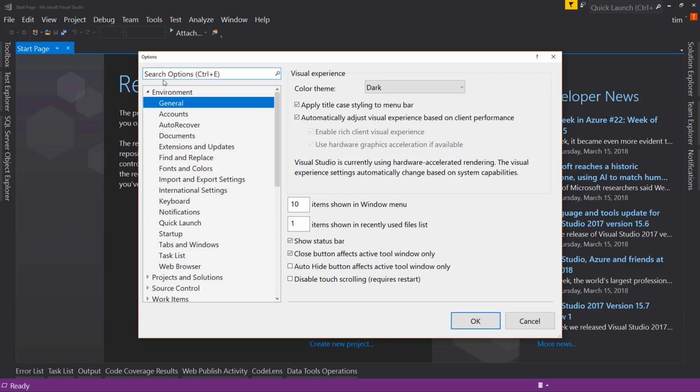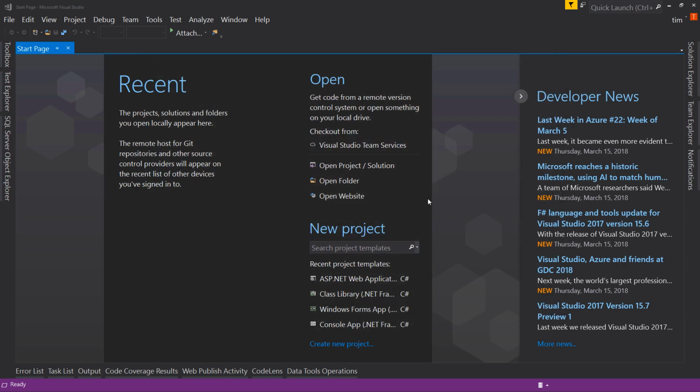In the very first option under Environment General is the color theme. I have selected dark. There's light, there's blue with extra contrast, and blue in general. Try out different ones. You have to select it and then hit OK, and it will re-render Visual Studio in that color. So for example, I could try the blue theme. I hit OK and wait for it, and my Visual